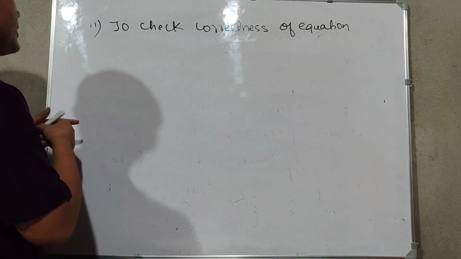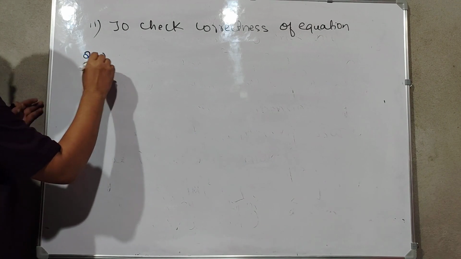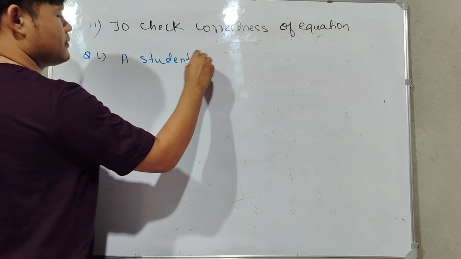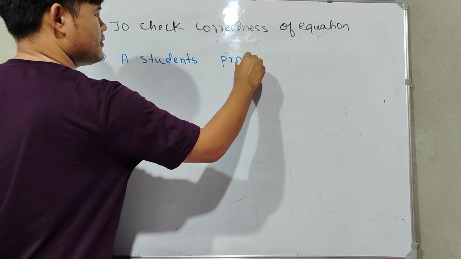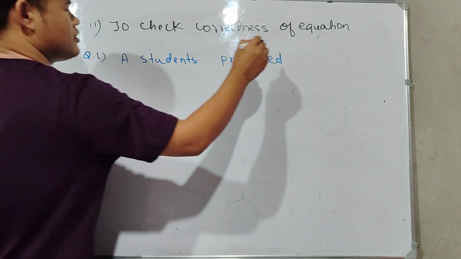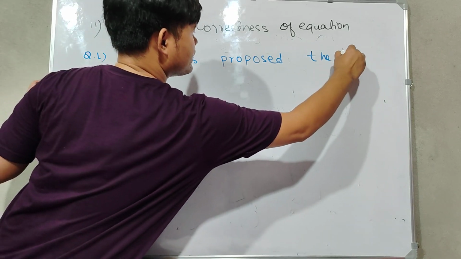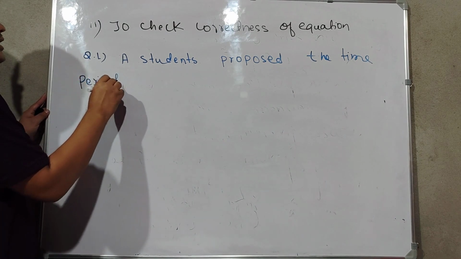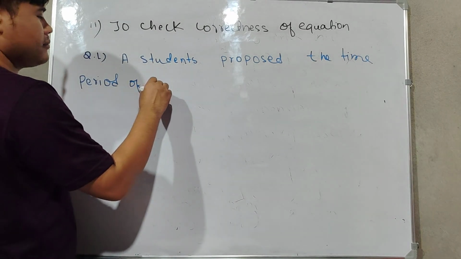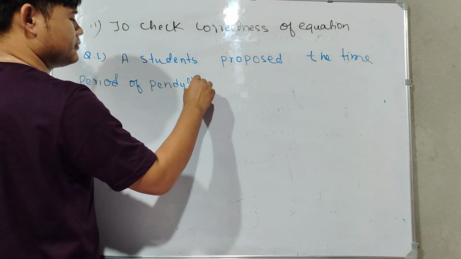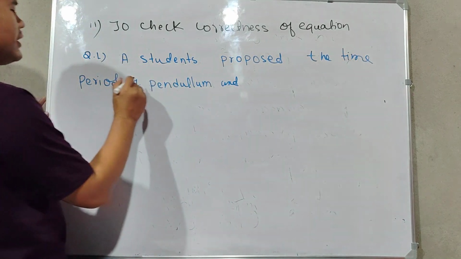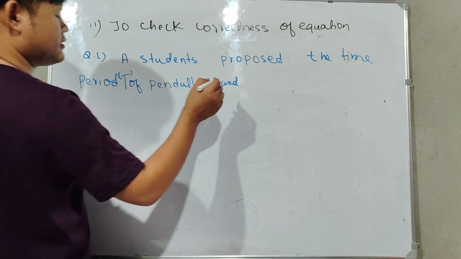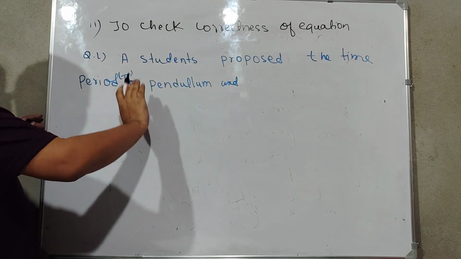Okay, so that question is this one. Number 1. A student proposed a new formula for the time period. He did an experiment with the pendulum, and the time period of the pendulum you take as T. The student proposed the time period of the pendulum as